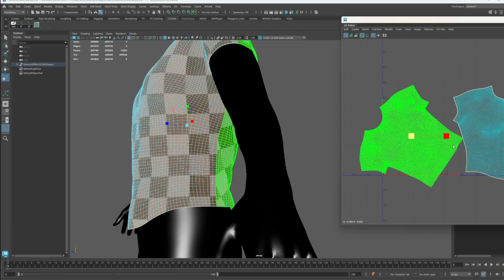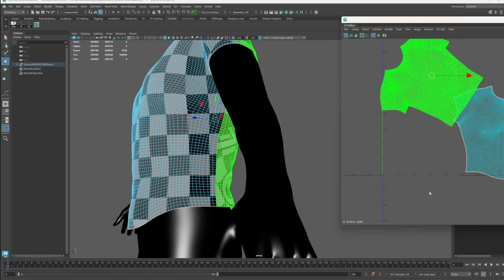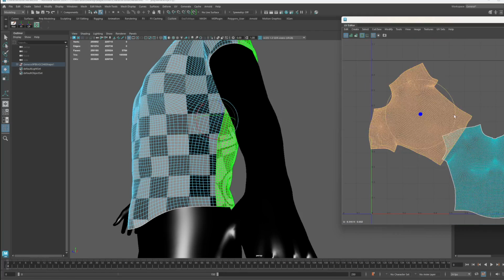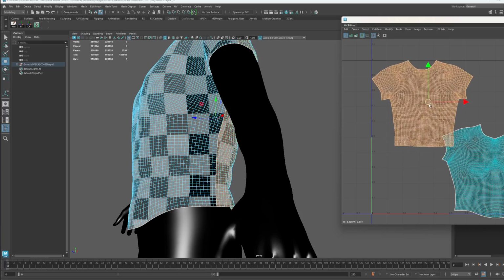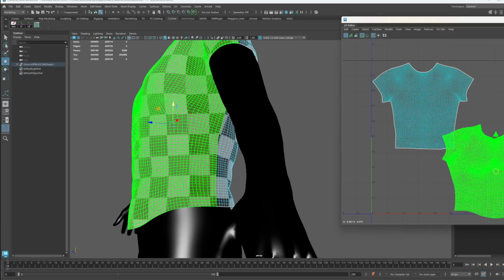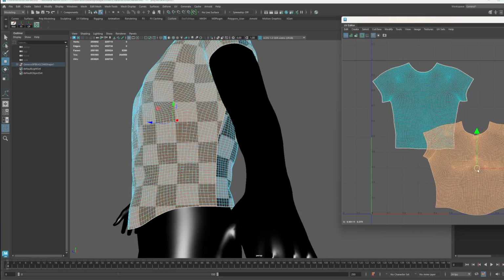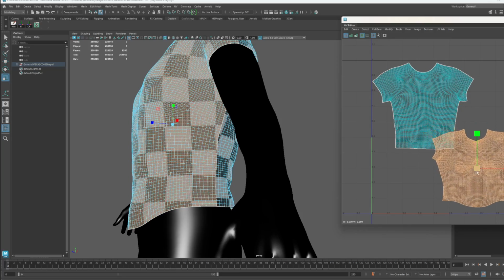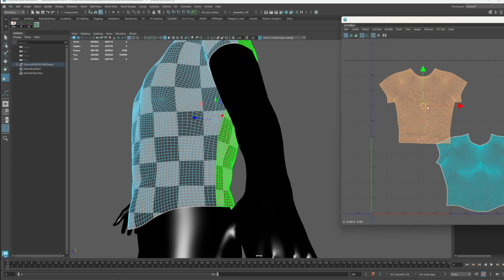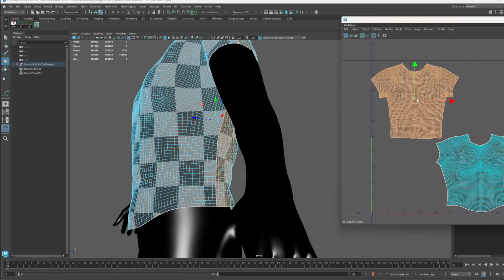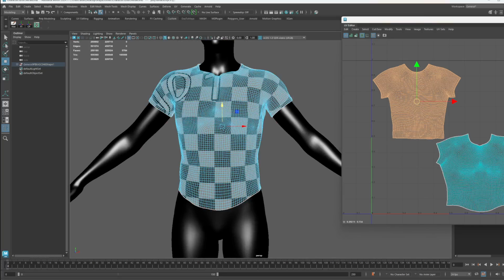I'm just going to make them a little bit bigger, and try and set them out nicely amongst each other, mate. I'll make this a bit smaller. It's fine.